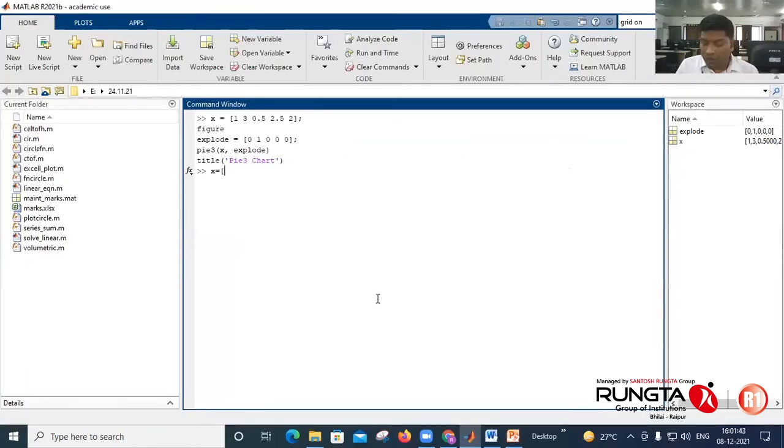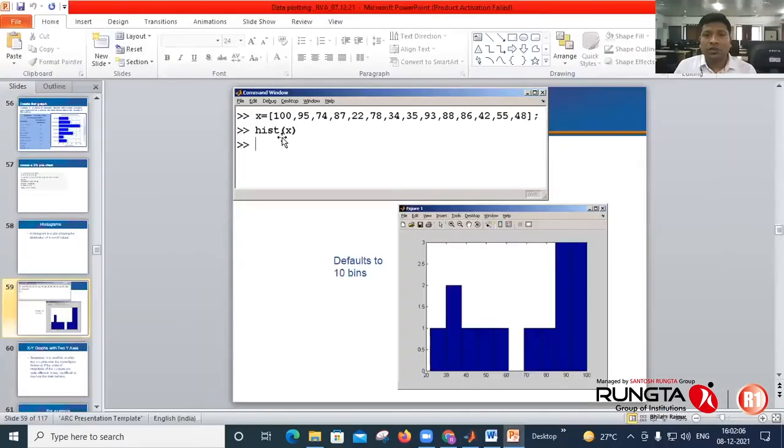So I'm giving in the points 0.1, 0.3, 0.23, 0.46, 0.52. Okay, any values like this; I will define it. And after defining, we just have to type hist x.